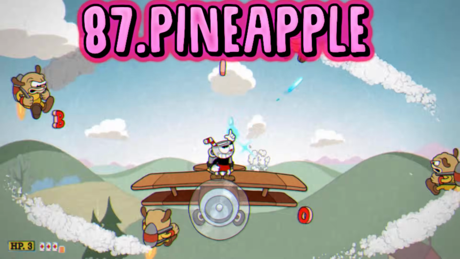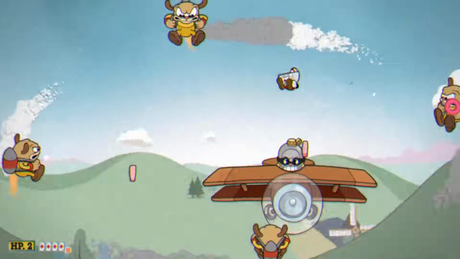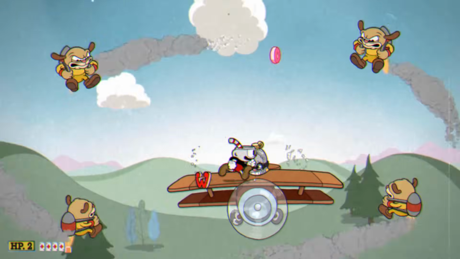Number 87. Pineapples. Bro, I need that for the Wonder Tart. Can you not waste it, please? This is part of Dogon's secret phase. That only took hours to get for you, so...